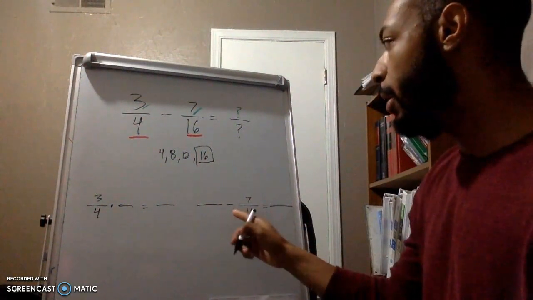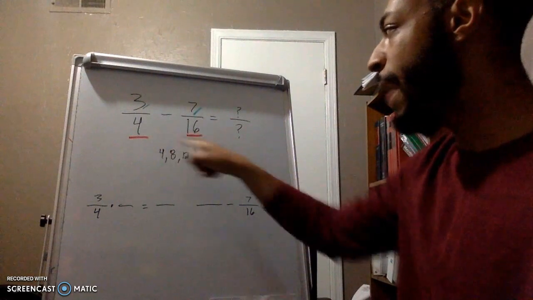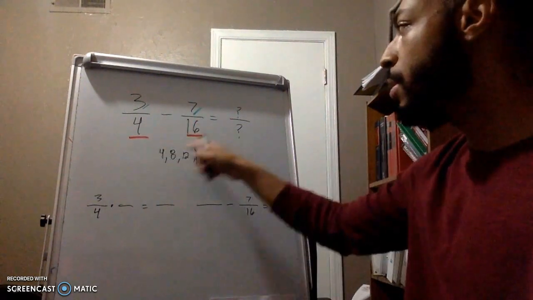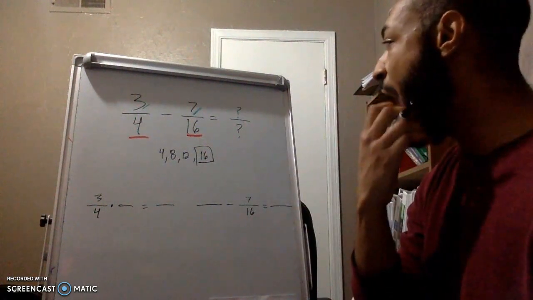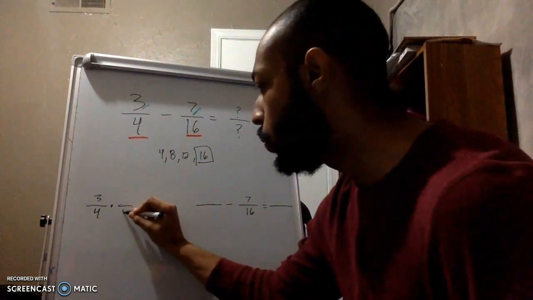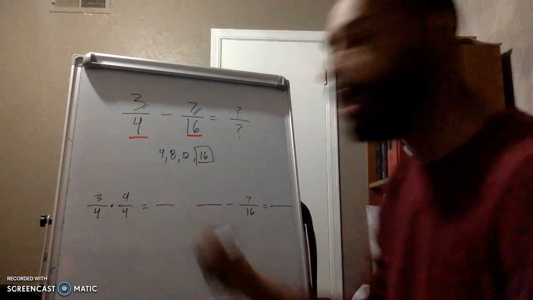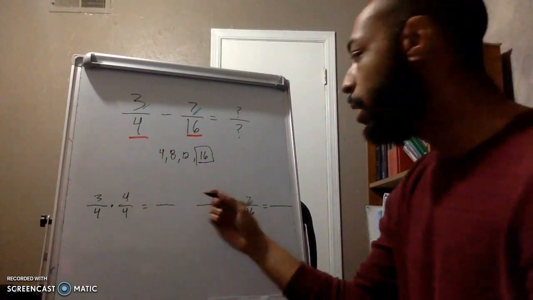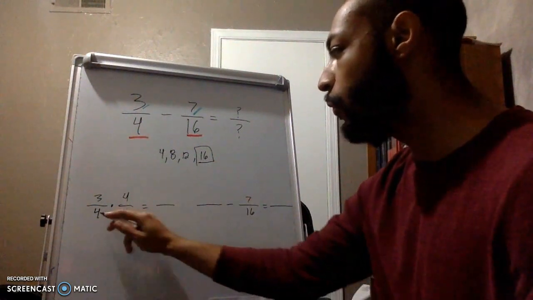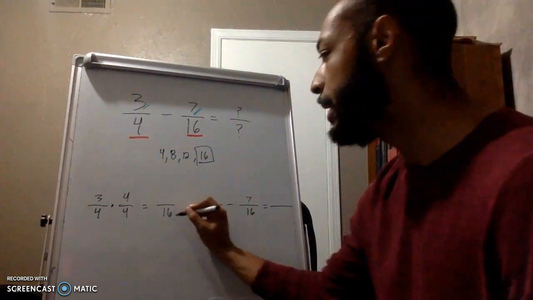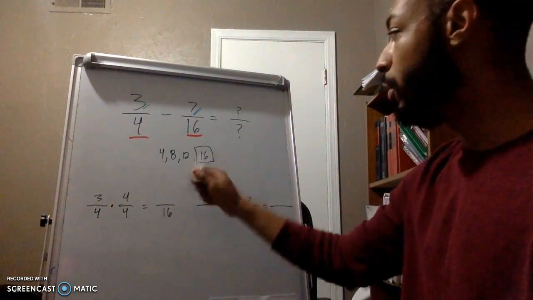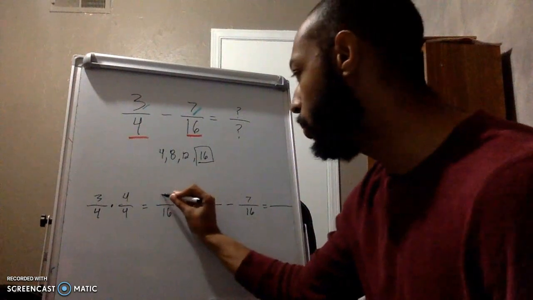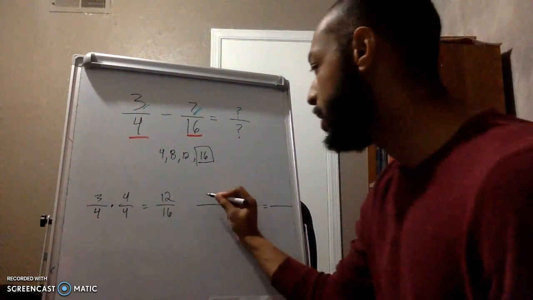So I can have equal denominators, both with 16, so that I can do our bounce method and bounce it over. So we'll do 4 and 4, because we know if we do something to the denominator, we have to do it to the numerator. So 4 times 4 is 16. 3 times 4, well, I did it up here, 4, 8, 12. That's the third one. So 12, 12 sixteenths